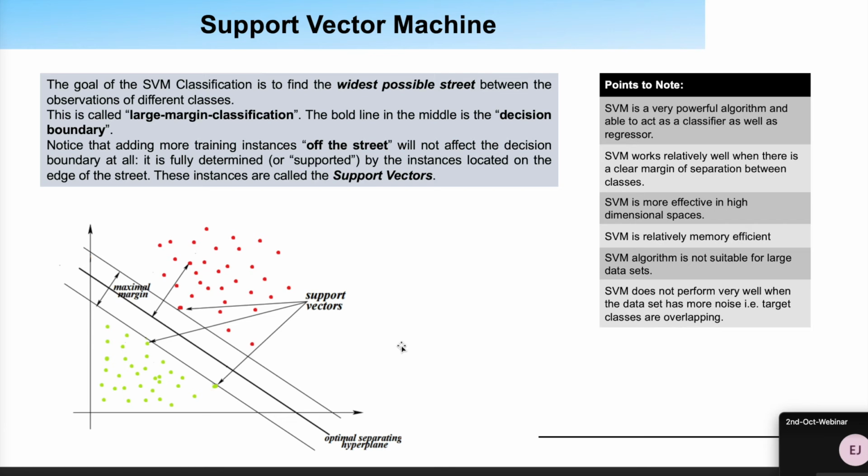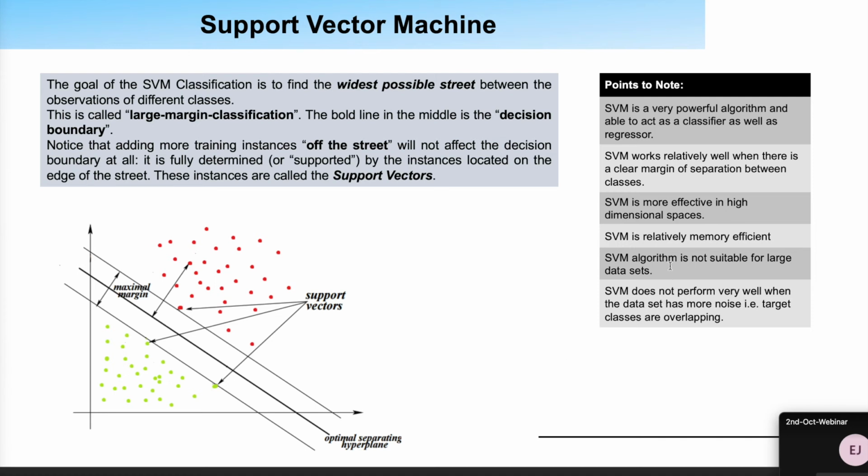So if you are strict against having any outliers, then your street is probably going to be narrower, not a wide street. But if you make it wide by allowing outliers, it is going to be more generalizable, which is going to be better for your predictions with unseen data. So that is support vector machine,